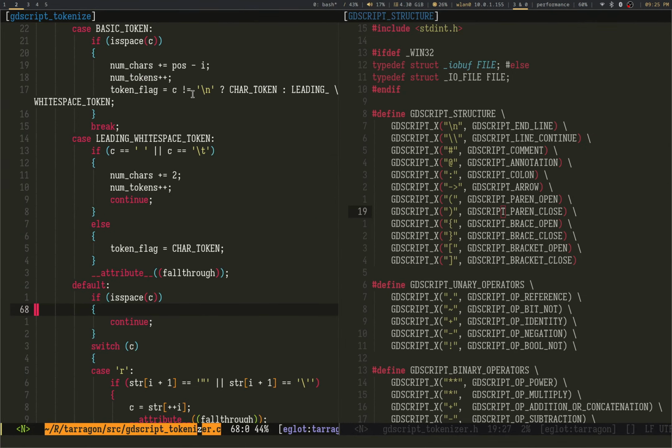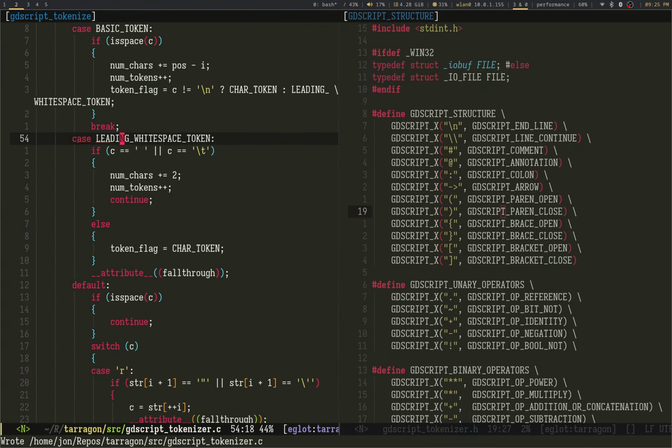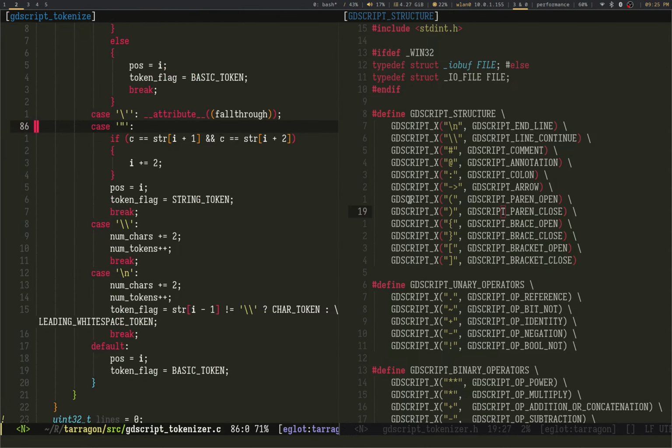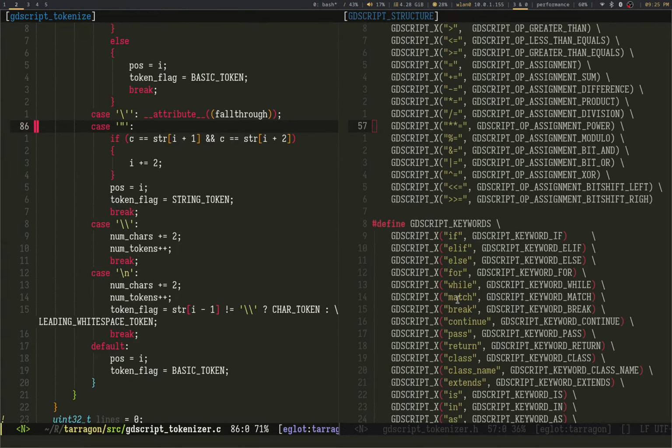Oh, but of course you can do something crazy like foo plus var. So if I'm looking at basic tokens, I have to consider operators here.